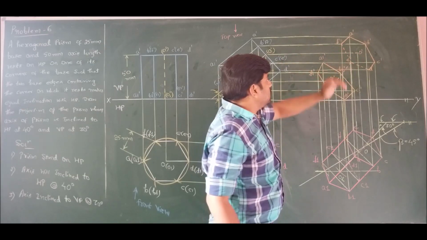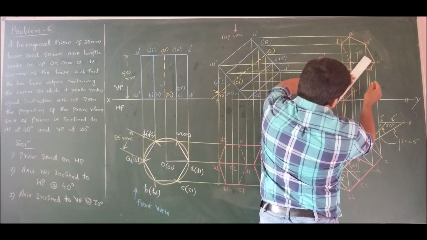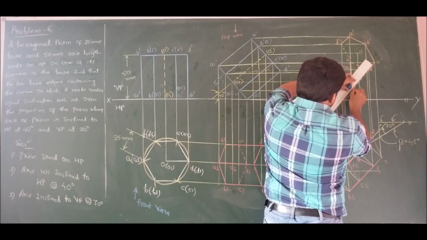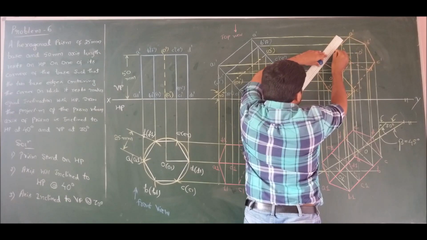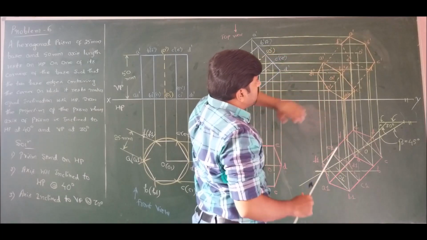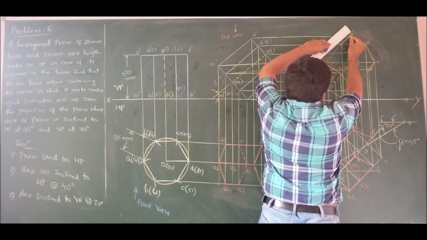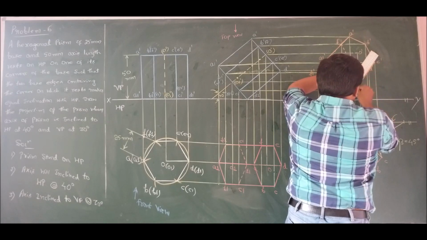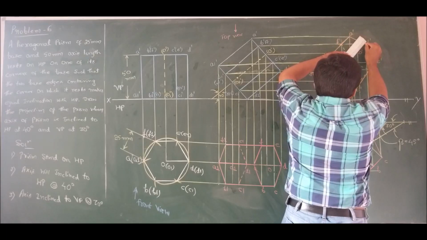If I join the longer edges through the visual inspection itself, I can clearly state that D prime to D1 prime is invisible and also F prime to F1 prime is also invisible. As per our rule, common lines cannot cross over. Now join the remaining longer edges, that is A1 prime to A prime and C1 prime to C prime. So remaining edge is B prime to B1 prime.